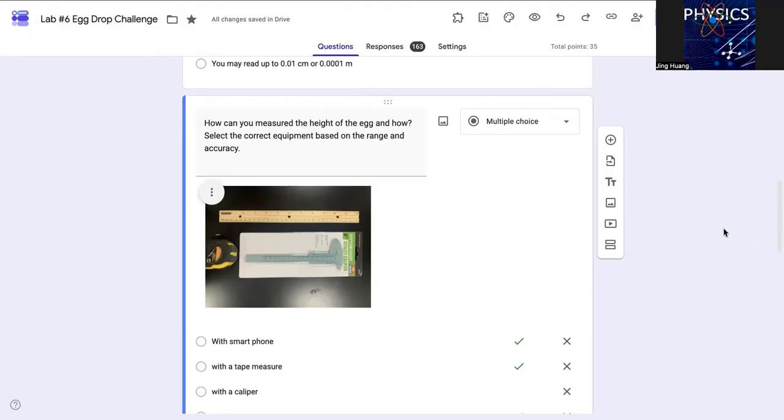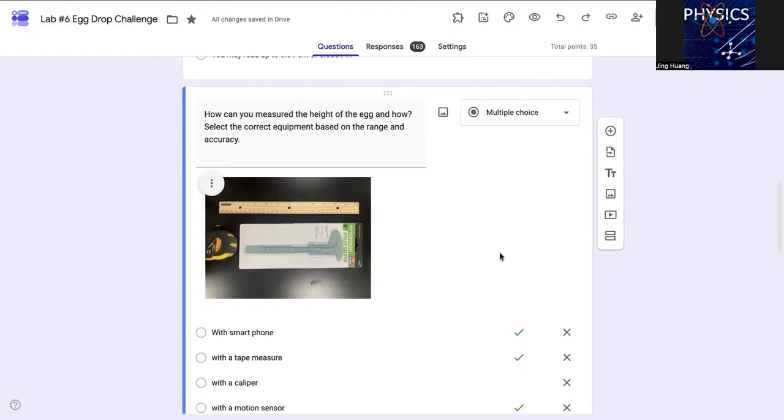In this experiment, you are going to figure out a way to make sure the egg doesn't crack. And one measurement we perform in this lab is that we measure the height from which the egg drops. So here, look at the picture. We have a